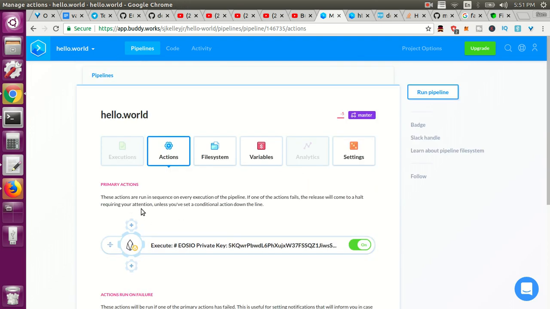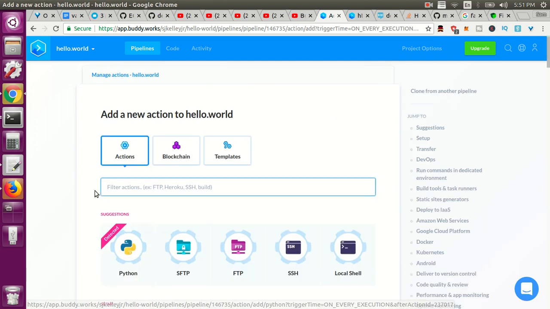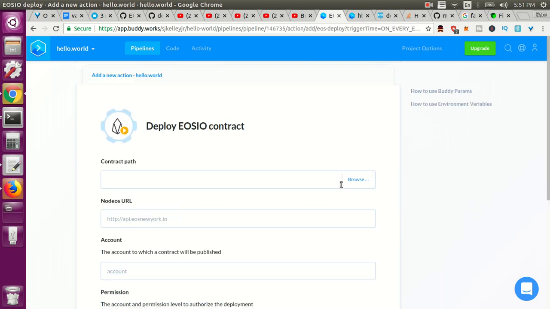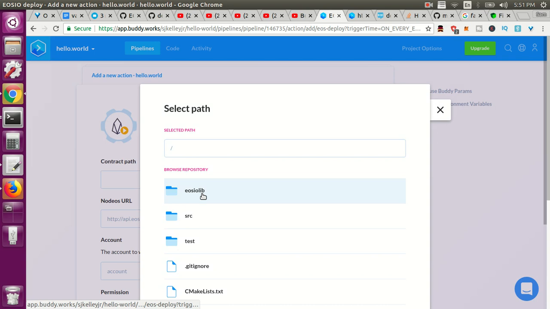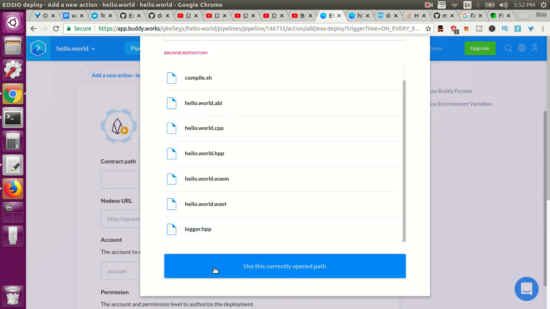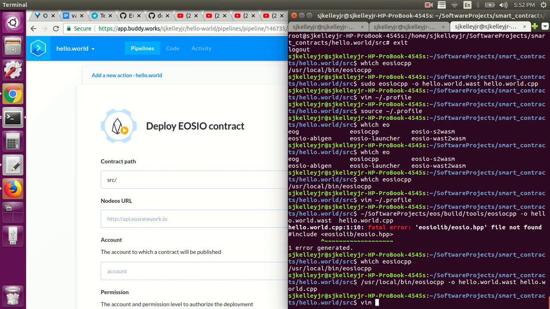So now we have this primary action in our pipeline, and then after we build the code, we would also want to deploy the code. So what we'll do here is we'll add a second stage where it's EOSIO deploy. The contract after it's compiled will be in this directory, so we'll use this. If we look back in my profiles,